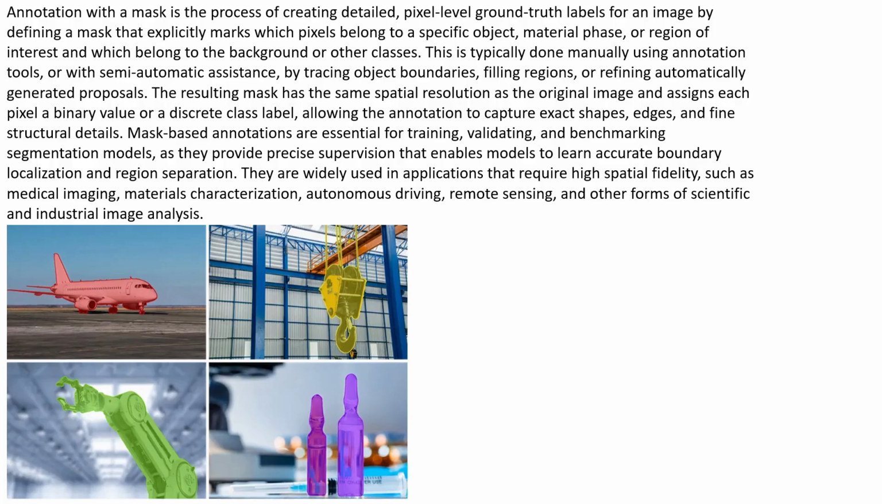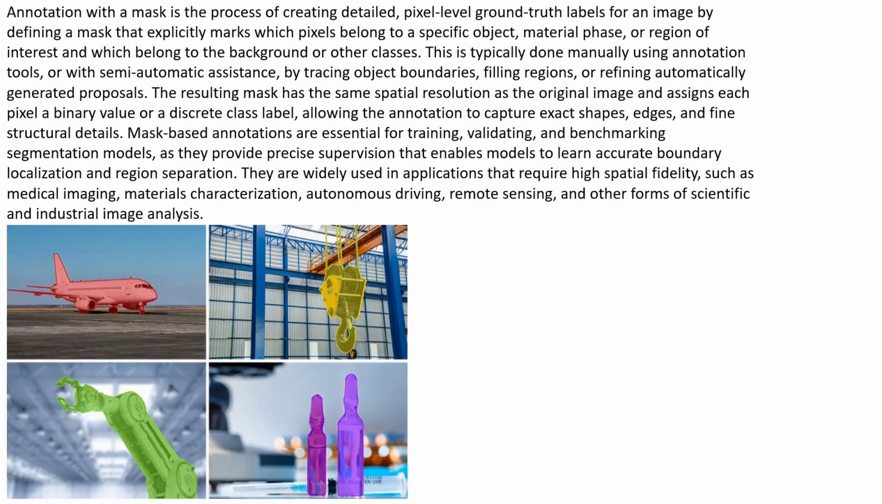Annotation with a mask refers to the process of creating pixel-level ground truth labels by marking exactly which pixels belong to a target object or region of interest. Using tools like Label Studio, annotators draw or refine masks so they follow the true shape and boundaries of the object, rather than approximating with bounding boxes. These mask annotations provide precise supervision for segmentation models and are essential for training and evaluating models that require accurate